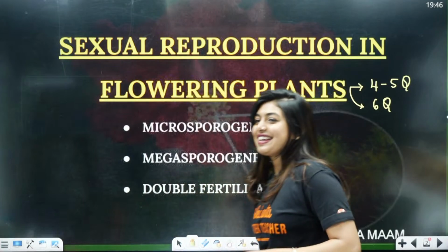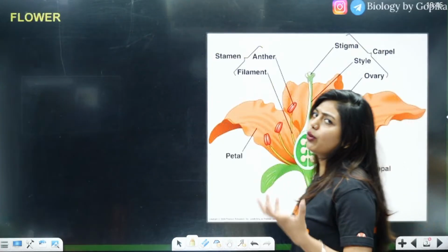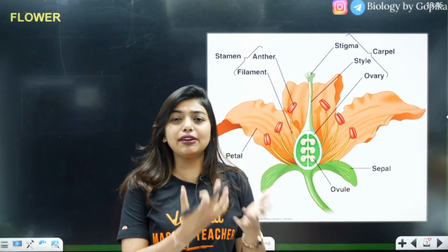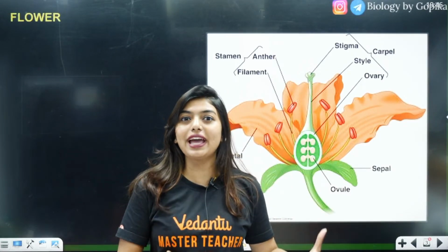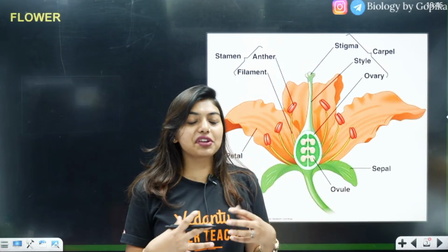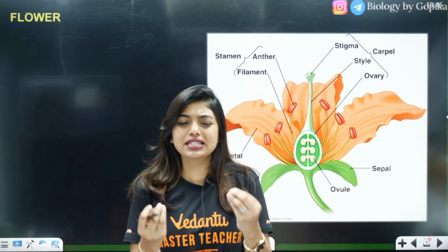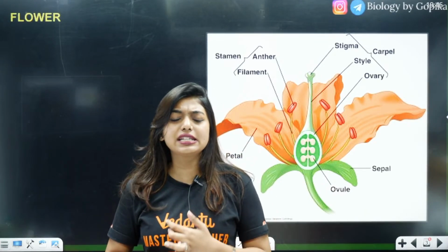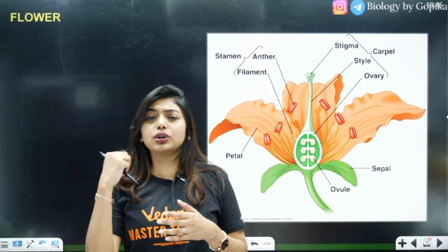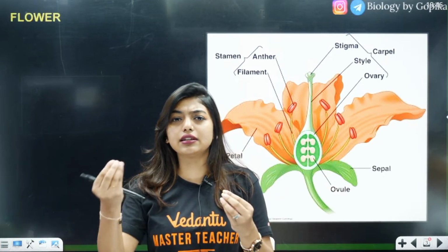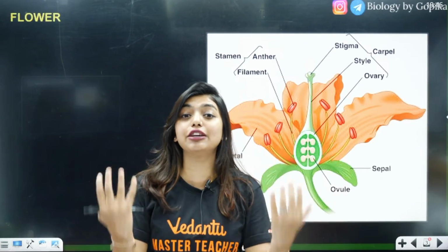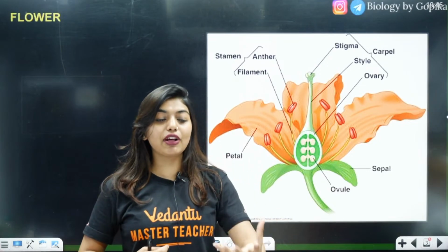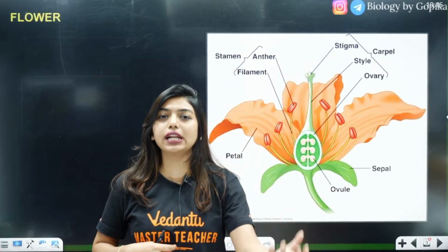Very nice. Yes, let's start the class. So students, before I go into microsporogenesis, we all know about flowers, right? We have given flowers to our loved ones, to our parents, and parents have given them to us, and we have given them to our relatives. So a flower is a way to express our emotions, be it love, sadness, or happiness, to congratulate someone for their wedding or their success. We always give flowers. Why are we giving flowers? We are giving flowers to show our emotions.